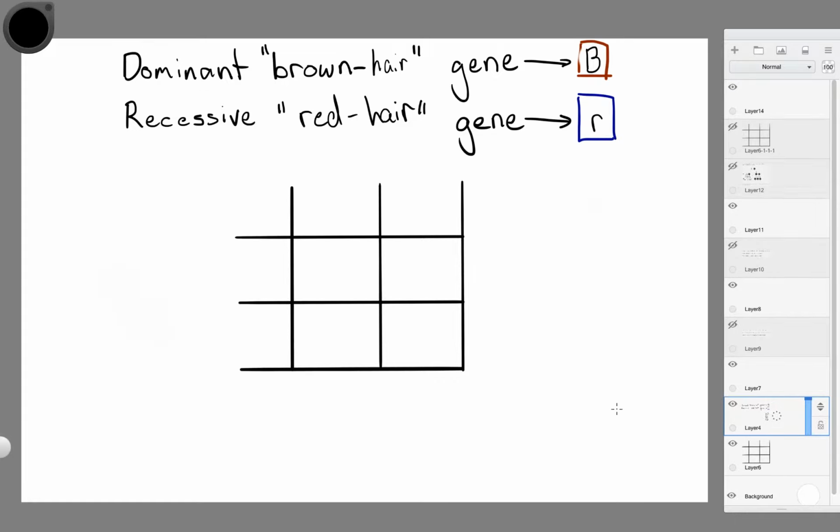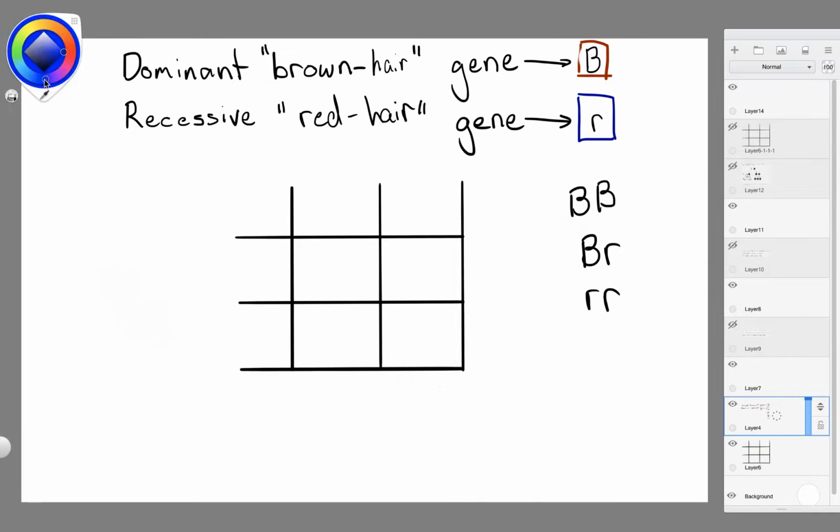So let's go through this. I'm going to go through the possibilities of this example here. If we have these genes here, what are all the different combinations that you can have? So we've got double B, we've got BR, and we've got RR. And let's do a few examples of the combinations you can make. Let's maybe change that to blue. All right, so let's say our parent one is